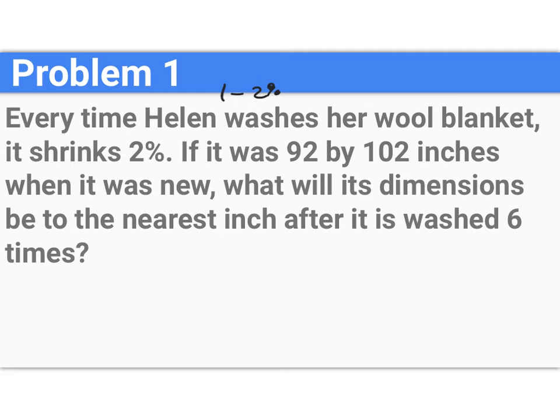Okay, so let's deal with the 92 side. We're going to have 2 separate equations here. So I'm going to do this one in black and 102 inches in blue. So we get y equals, our original amount was 92. We're doing 100% minus 2%, and raised to the 6th power because it was washed 6 times. And that will approximate out to